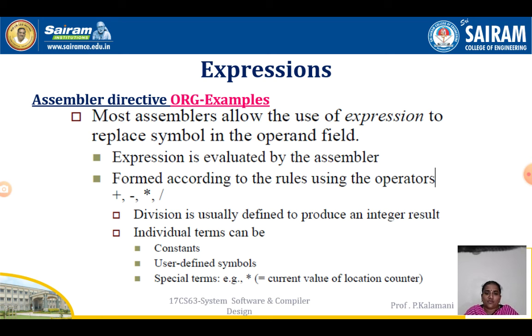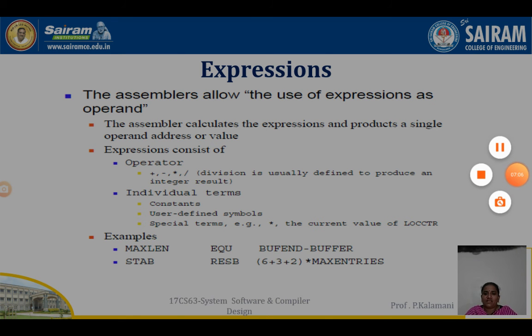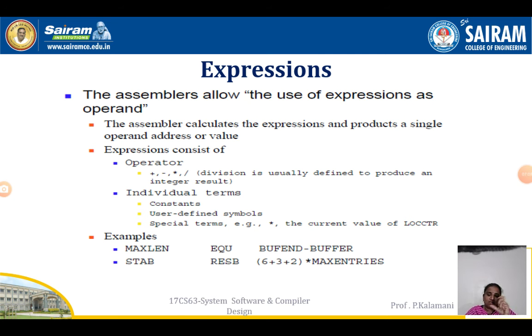Most assemblers allow the use of expressions to replace a symbol in the operand field. Along with the ORG example, expressions can be used. The expression as an operand value can be used with the ORG instruction to change the location counter value.